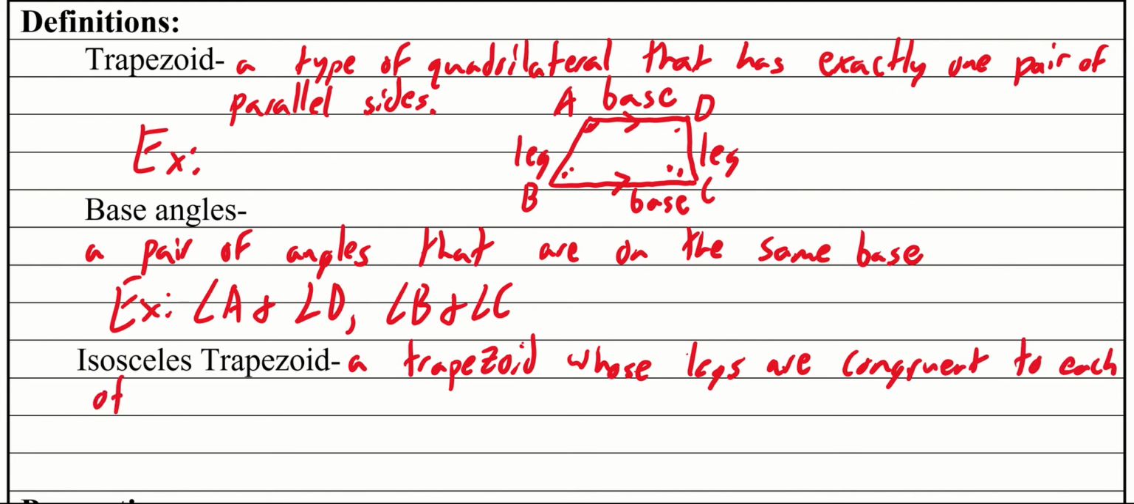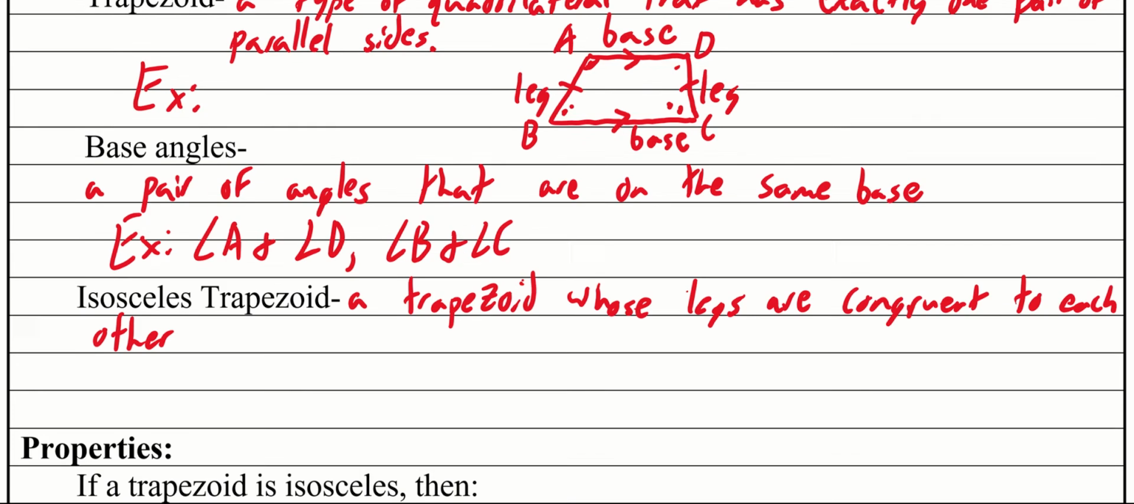Okay, specifically, an isosceles trapezoid is a trapezoid whose legs are congruent to each other. So for example, if we were looking at that trapezoid that we drew for the definition here, that would be AB and DC. They have to be the same length. Okay, and this is helpful because if something is an isosceles trapezoid, then I know some different properties or pieces